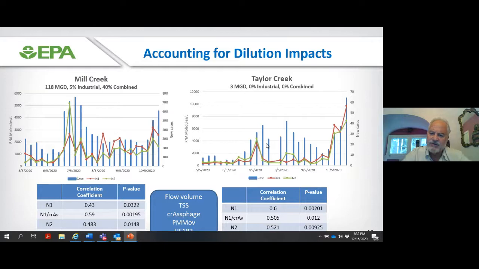Same thing with Taylor Creek. The level wasn't as high early on, but you notice also that there was this secondary peak, which unfortunately continues to grow. And you also can see the relationship between the levels in Taylor Creek and both Mill Creek and Taylor Creek, and the relationship between the sewer levels and the case rates in that sewer shed. The data on the bottom kind of illustrates